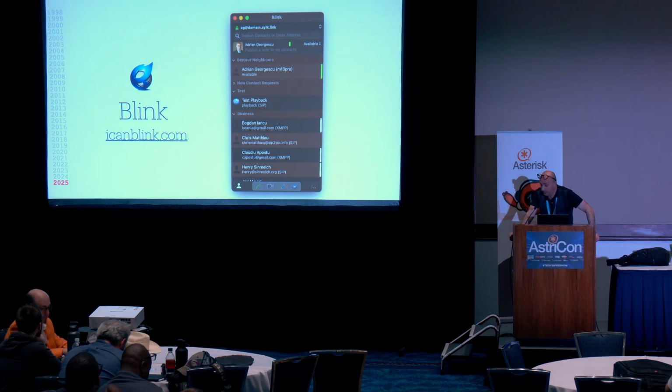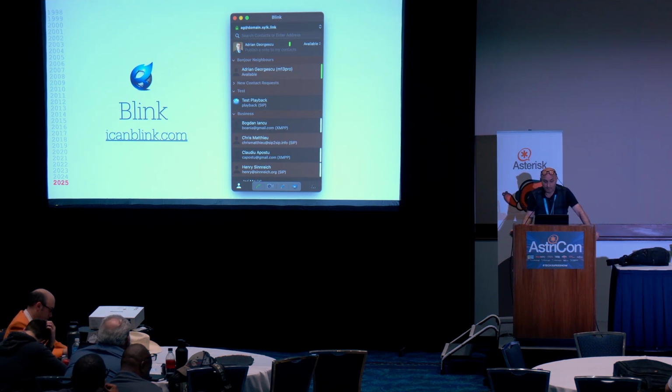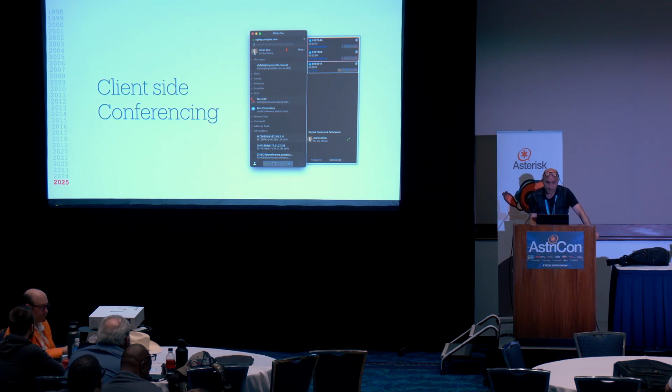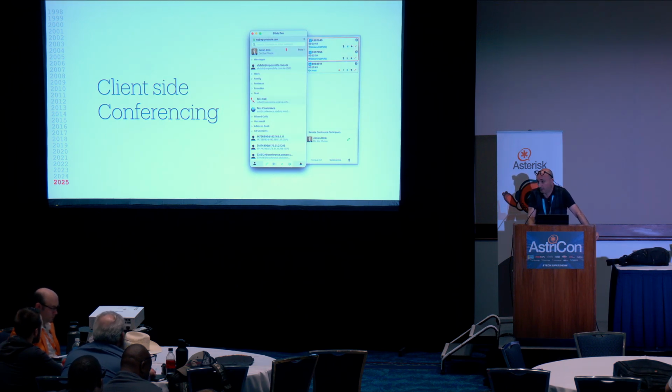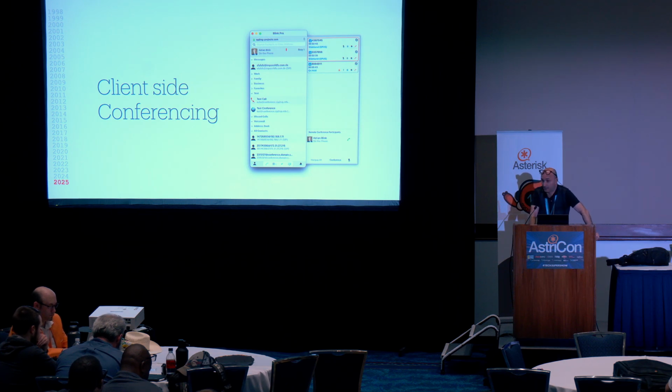Today we have Blink for Mac, which also supports all these features. So you have messaging, which uses this API with all the functions I mentioned. Blink is still good at what it was originally designed for, to do client-side conferencing, but it can also do server-side conferencing. It's very easy to do drag and drop with these tiles, and you can create as many conferences as you want and switch between them.